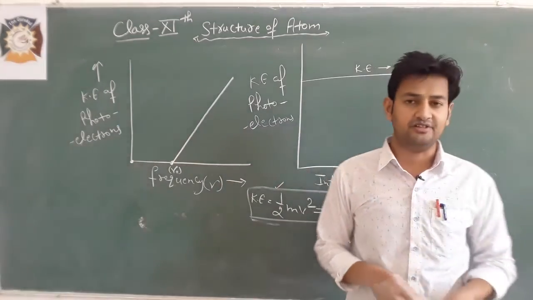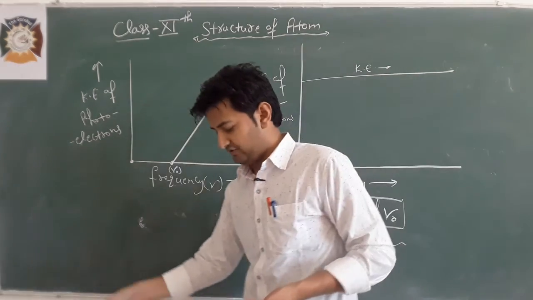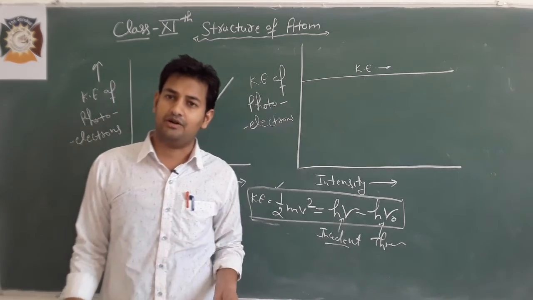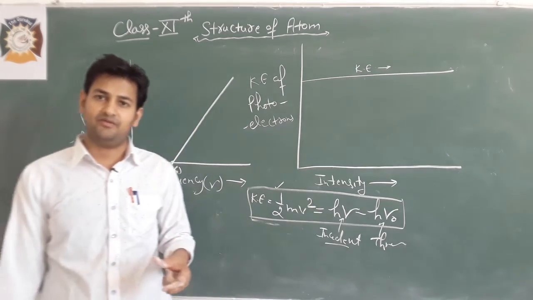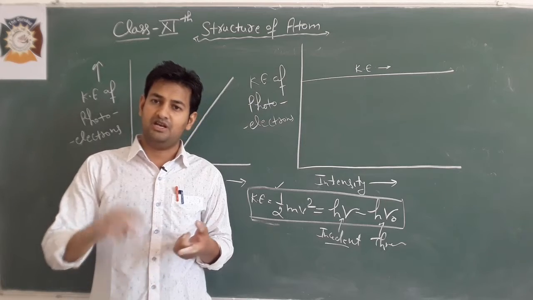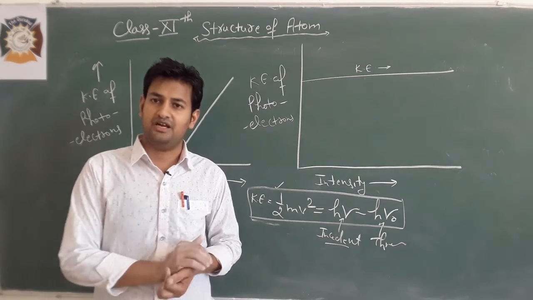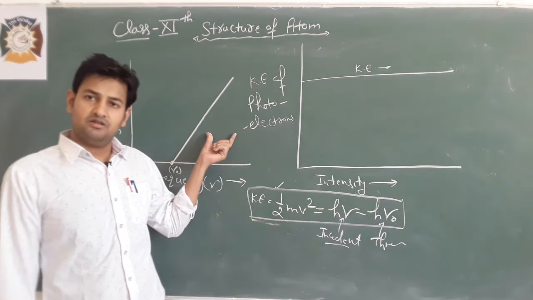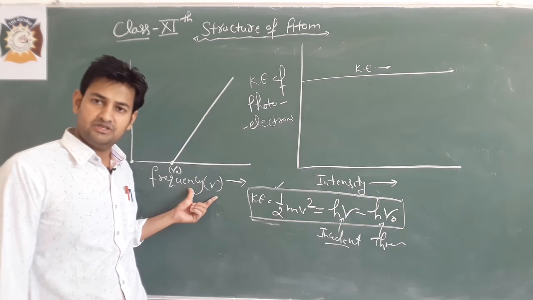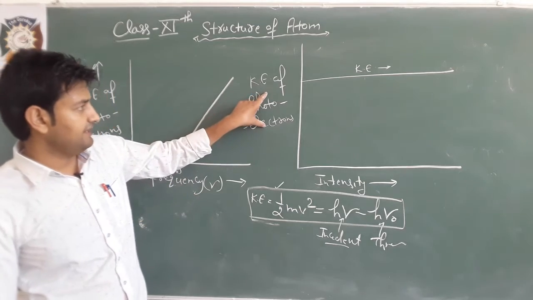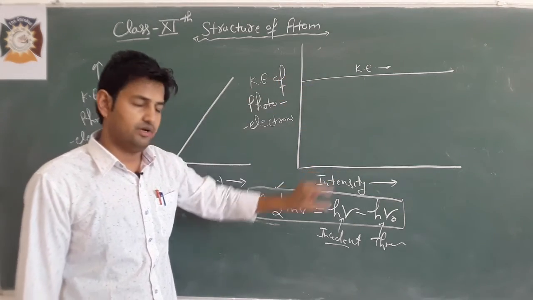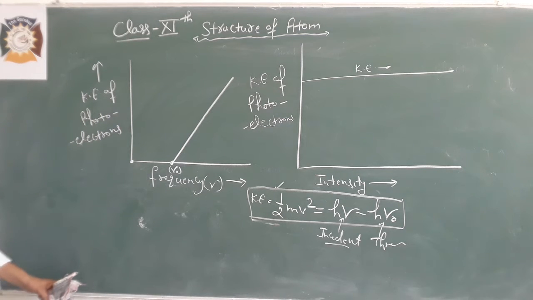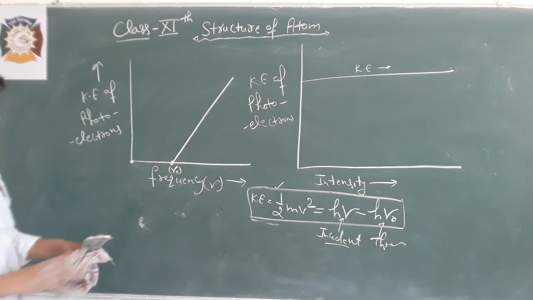Simply, in this phenomenon, electrons are ejected from the metal surface when we apply radiation having frequency slightly greater than the threshold frequency. What is threshold frequency? The minimum frequency required to eject electrons. Kinetic energy increases with increase in frequency of incident radiation, but kinetic energy does not depend upon the intensity of radiations we apply. Our next point is Planck quantum theory.